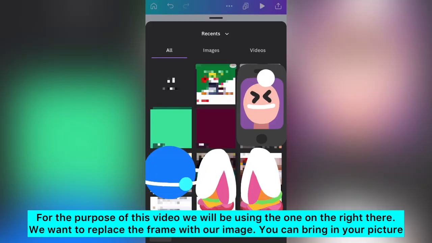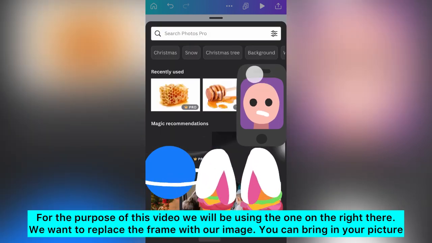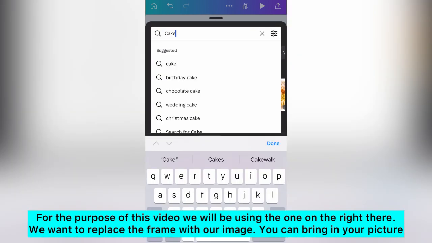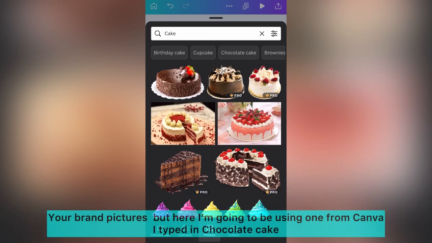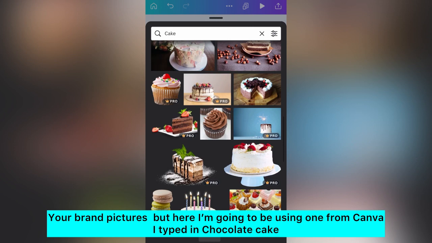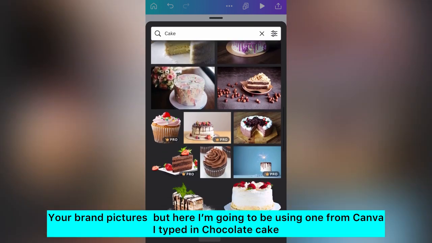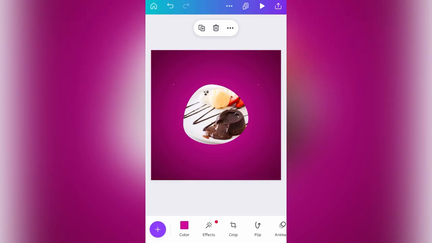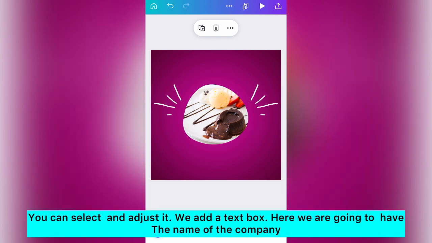Okay, so we want to bring in our image. You can use whatever image works for you. Okay, you can bring in your pictures, your brand pictures. But here I'm going to be using one from Canva. So I type in cake. I type in chocolate cake. Okay, so you can select the cake there